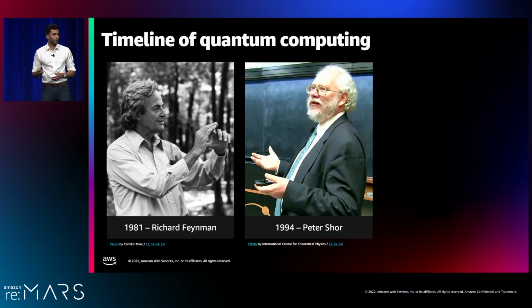In 1994, Peter Shor showed us that that was the case. He showed us that if you have a full-scale quantum computer, you can factor large numbers efficiently. That means if I give you a gigantic number and I ask you to figure out what two numbers multiply to get it, that could take millions of years for a regular computer to do. But for a quantum computer, it could take just minutes. That started the field of quantum algorithms that showed us that quantum computing has power. And since then, there have been plenty of other algorithms proposed for various different tasks, including machine learning, chemistry.